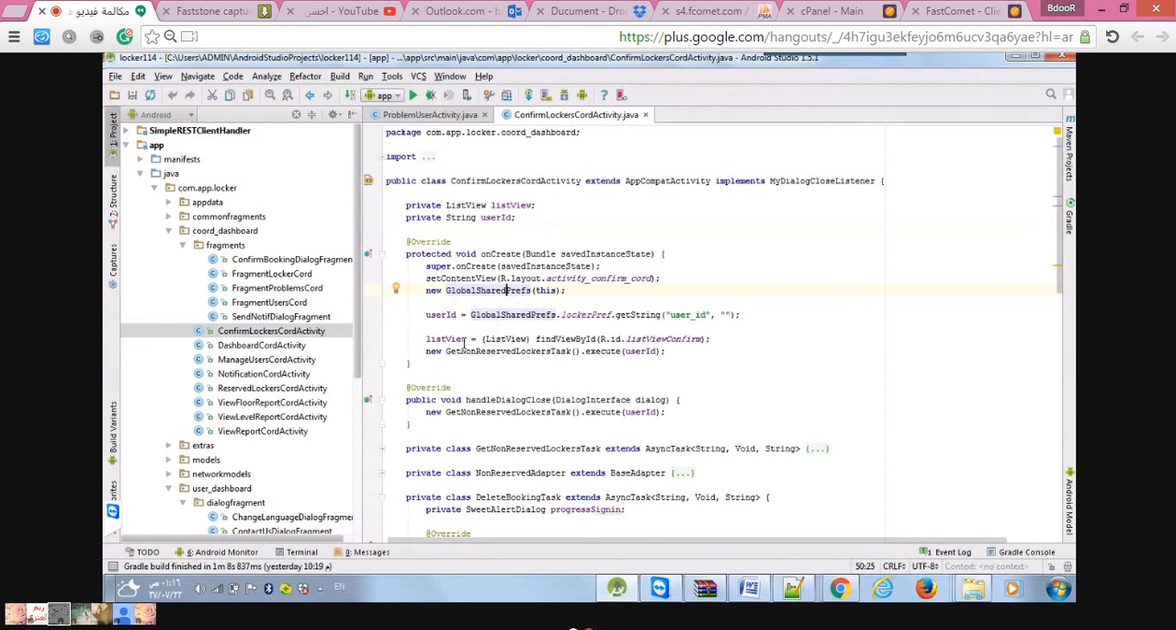After that, we linked the list view to its front end UI element, and after that, we call the get non-reserved locker task class, which extends the async task. In that class, we have called a web service, which will return all the non-reserved lockers array, and from that array, we will initialize the list view of this